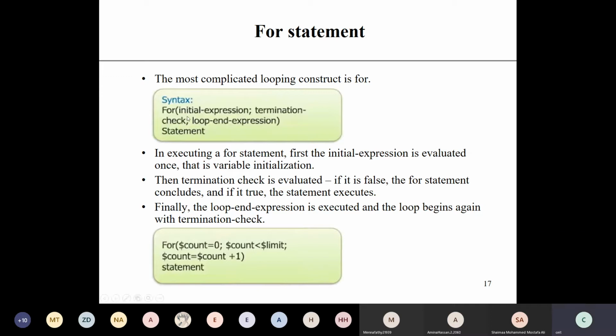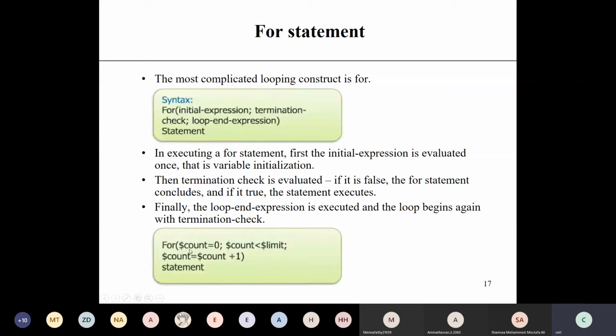See, the for loop syntax is for initial expression, then termination check, then loop end expression. Initial expression is first you have to initialize the variable, then this is the condition, termination check. Then the last one is the increment and decrement.